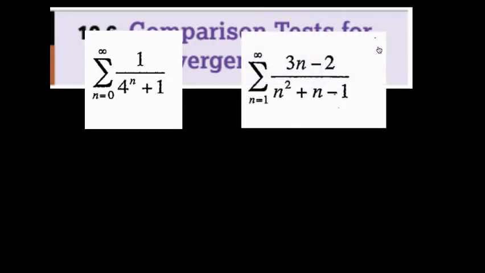Now for this one, although I could probably do the direct comparison test, it's not as clear that it's going to ride over or under a known convergent or divergent series. So what we do is the limit comparison test. If I had 3n squared over n squared. Remember, n is the new x. And I'm taking the limit as n approaches infinity. I get 3, which is finite and positive. So if I do the limit comparison test with this series 1 over n, the divergent harmonic, then when I do the ratio